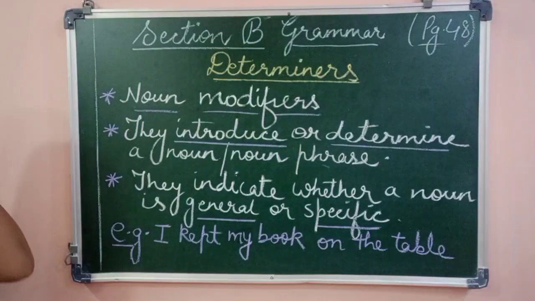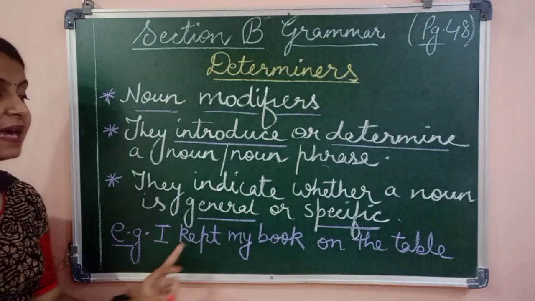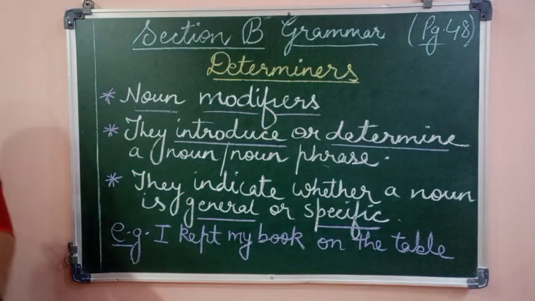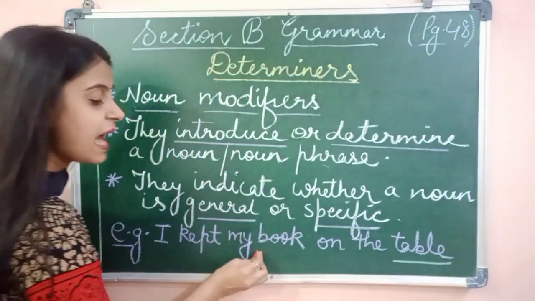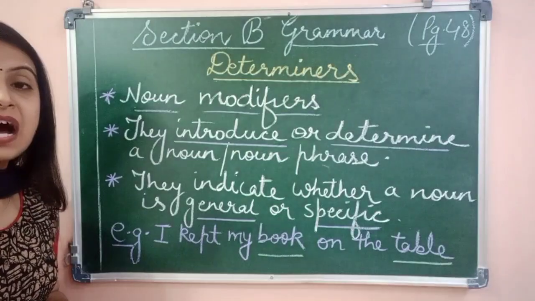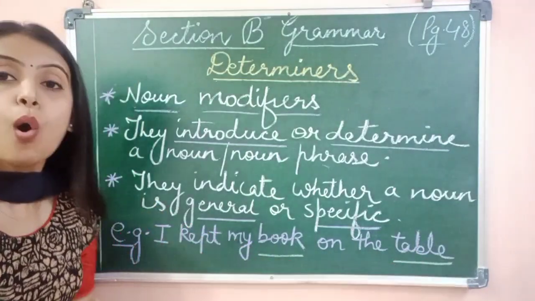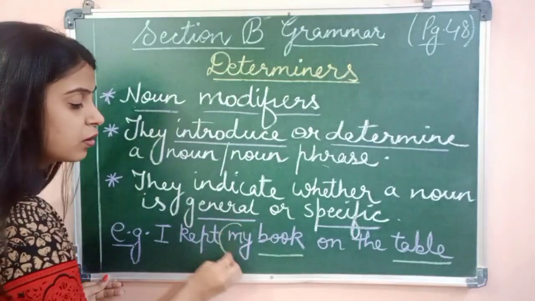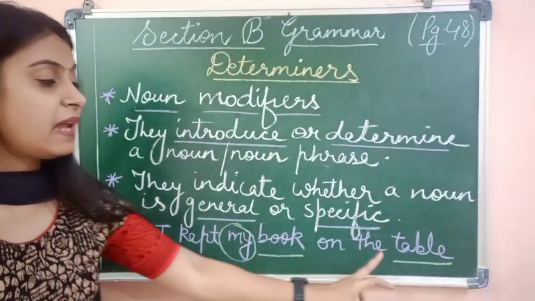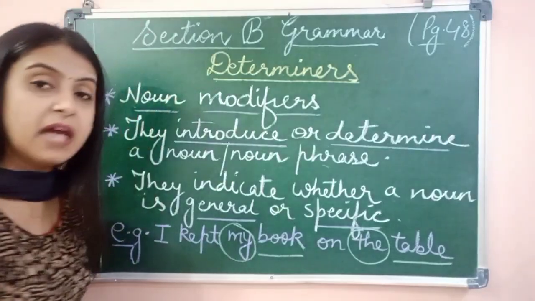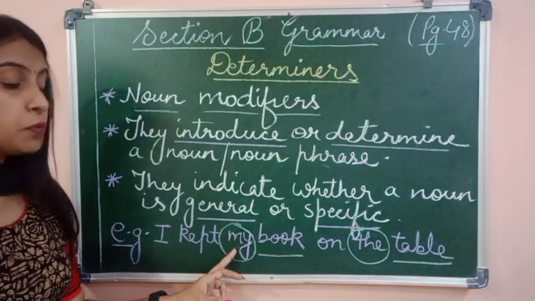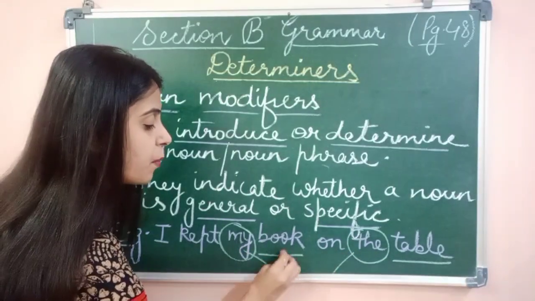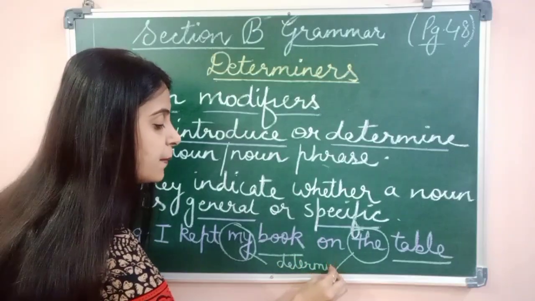Okay, now just have a look at the example written on the board. I kept my book on the table. Now, in this sentence, children, you can see that there are two nouns. Table is a noun and book is a noun. So, what words are used to modify these nouns or to give more information about these nouns? Now, my here is modifying the noun book, and here the is modifying the noun table. So, these two words, my and the, are determiners because they are giving more information about the nouns book and